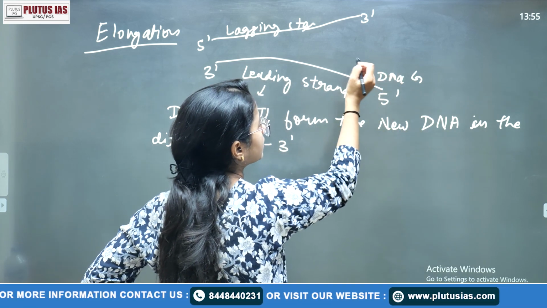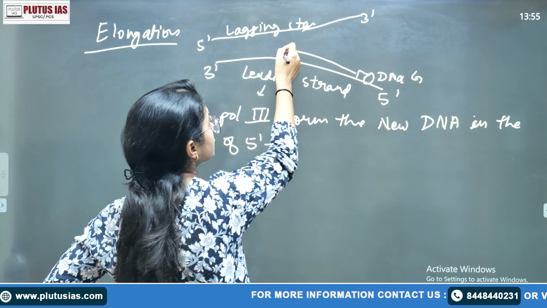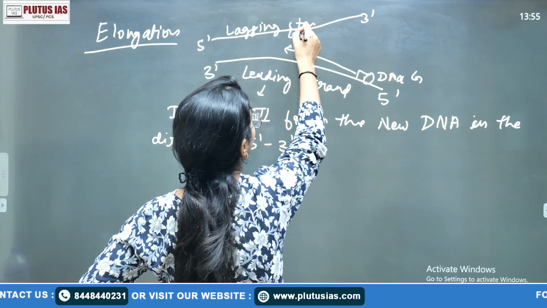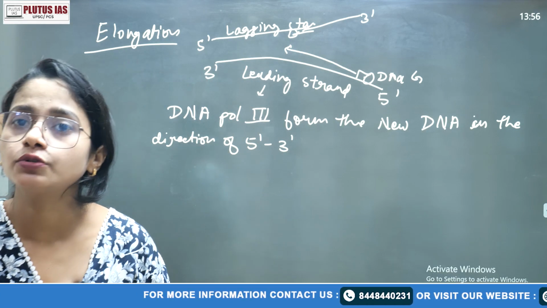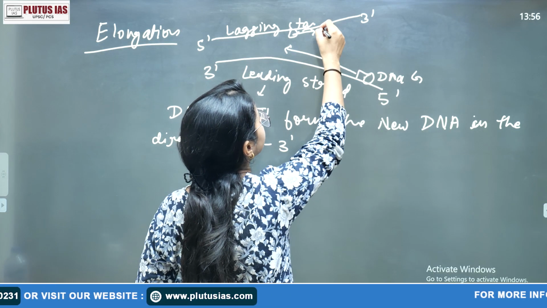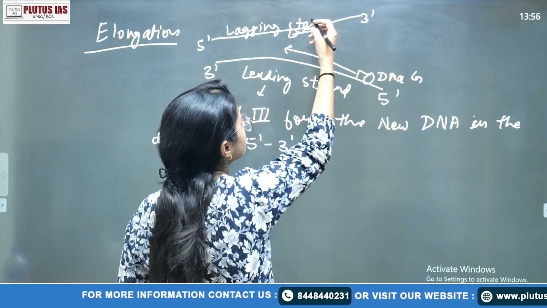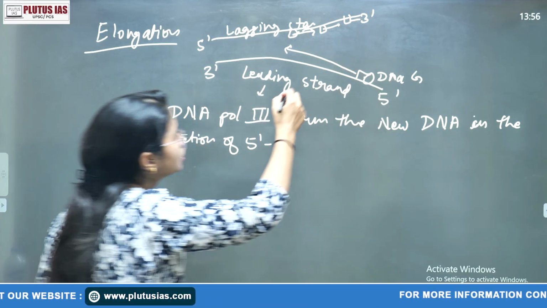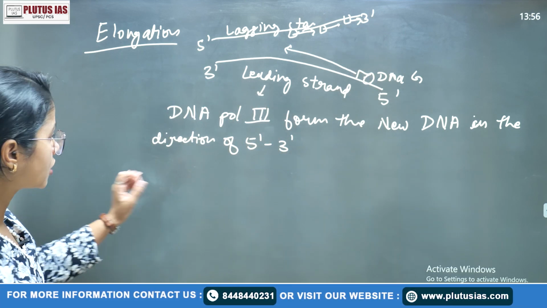Then here comes DNA polymerase third and starts forming the continuous strand, while on the lagging strand it works time to time, because DNA polymerase activity is only in the 5 end to 3 end direction, which is complementary. So many times the primer and DNA polymerase form, and that's why this new DNA strand is discontinuous. So this is your elongation process.